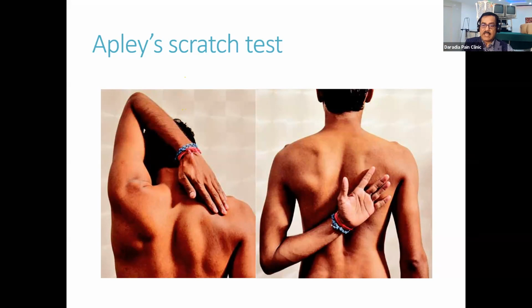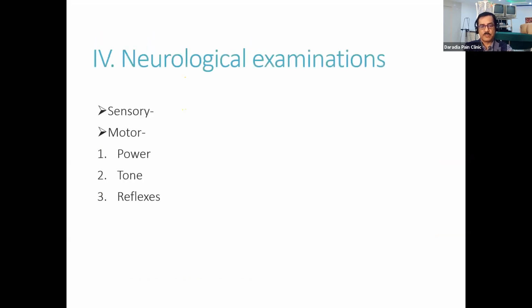and for that, external rotation is important. So external rotation will be restricted in the frozen shoulder. That is one of the earliest signs of the frozen shoulder, and it is restricted by the thickening of the tender coracohumeral ligament. Okay. Anyway, the Apley scratch test is also important, particularly in the later stage of the frozen shoulder. So this is your range of movement, and it should be tested both as active range of movement as well as passive range of movement.